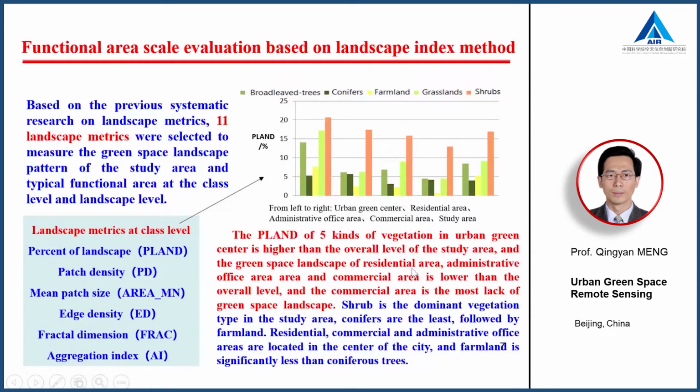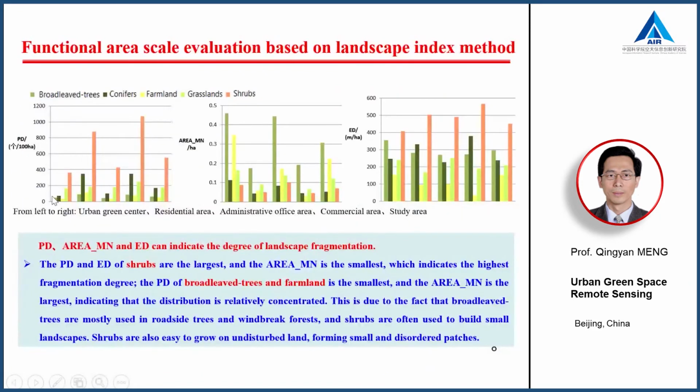Okay, and shrub is the dominant vegetation type in the study area. The conifers are the least, of the different kinds of vegetation species, followed by the farmland. Okay, this yellow and so on. The residential, commercial, the government. You can know what kind of characteristics, and this is also the urban green center, the